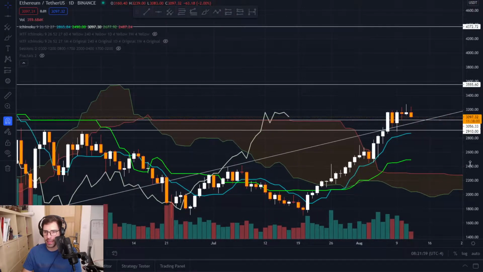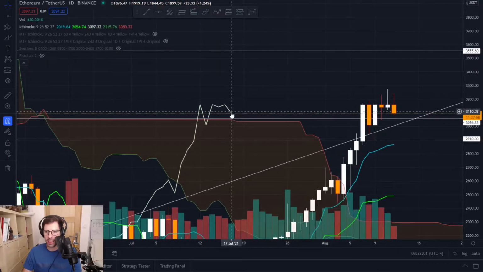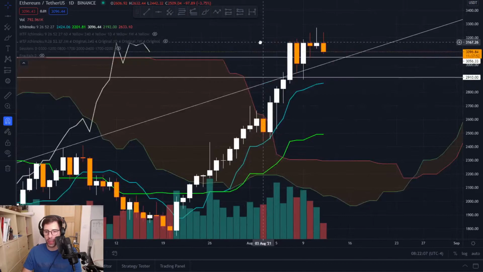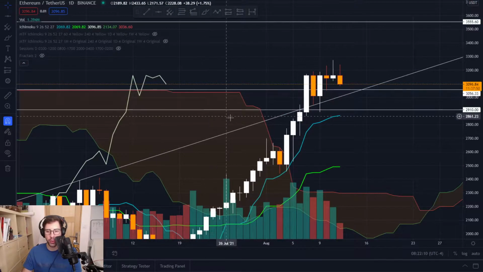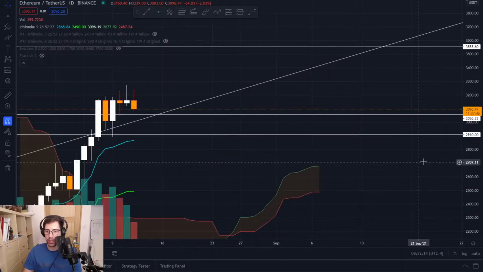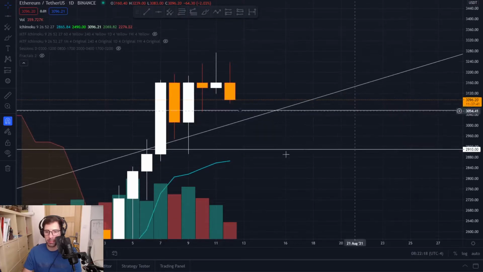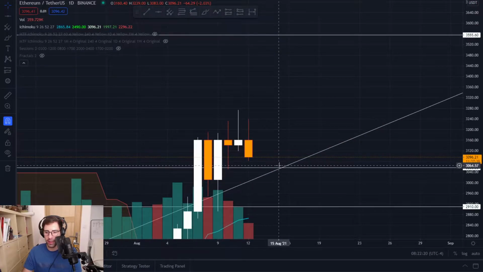Now let's look at the lagging, because we didn't talk about it on a daily time frame. Okay, we're still above this resistance and above our SSB of the cloud. So why not? However, if we enter, we have some margin to go down up to this resistance. But at the moment, we are not talking about going lower than 3,000 USDT or USD. So that's perfect. And we are going to get very close to this area of resistance.